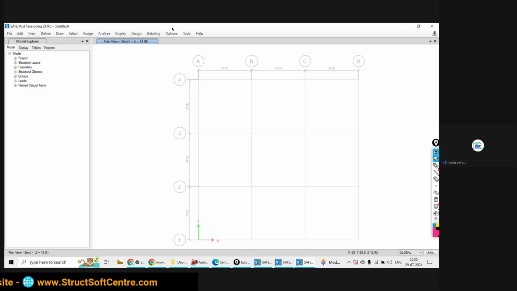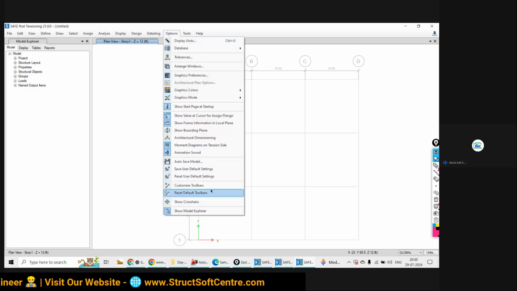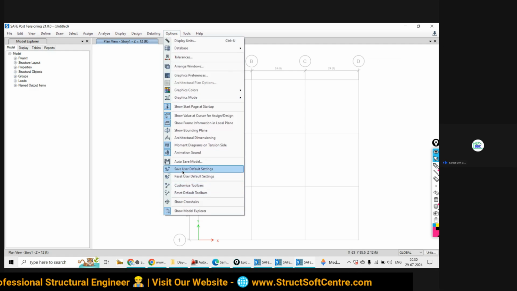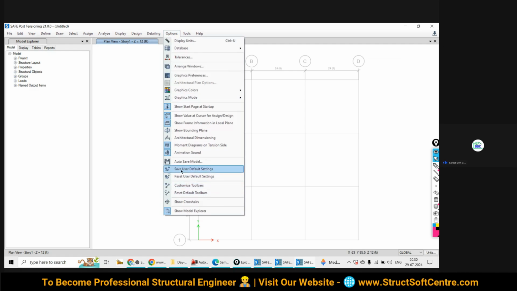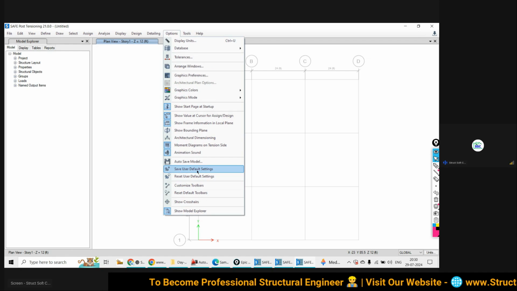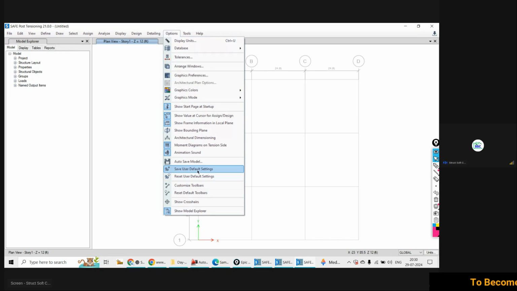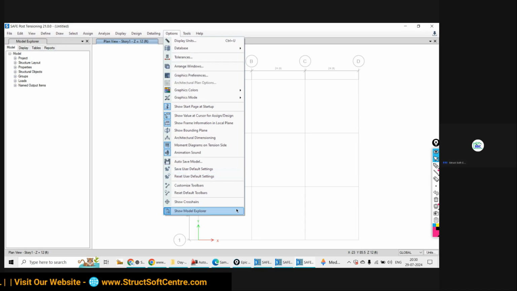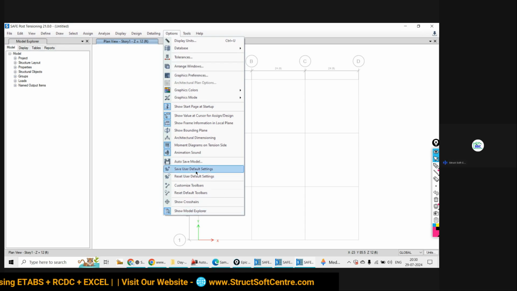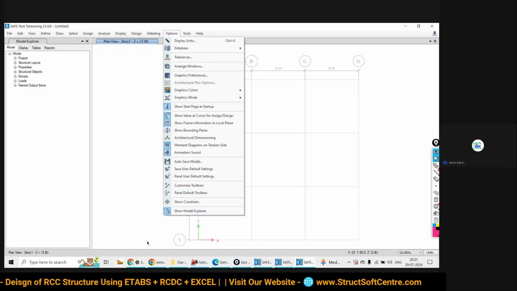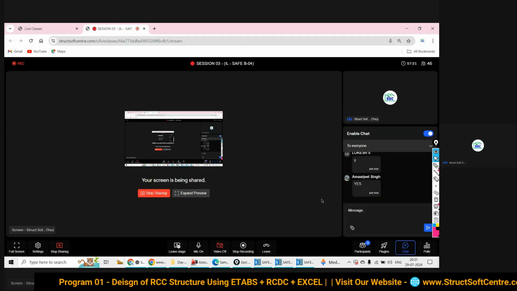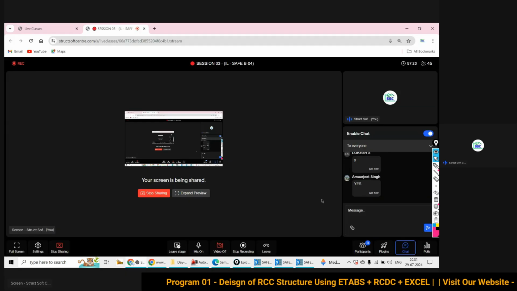Why? Actually, you can save the definition of one project at a time with this option of use saved user default settings. इसमें आप क्या कर सकते हो? एक ही प्रोजेक्ट की डेफिनेशन को सेट कर सकते हो. If suppose I am going to open any other project and I am trying to save the definition of that project, so what will happen? The earliest project definition is going to vanish. Understood? क्या होगा? पुराने प्रोजेक्ट की जो डेफिनेशन थी वो क्या हो जाएगी?